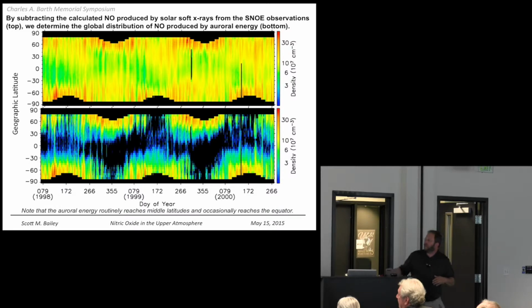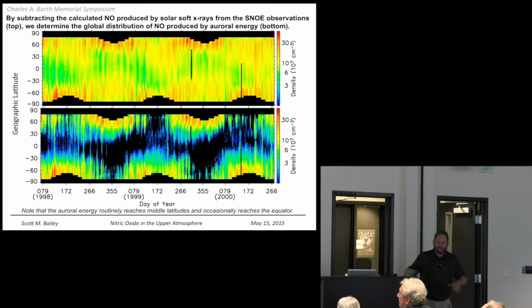This is all at 106 kilometers. And you can see that the NO is very variable. You see at the high latitudes, the red curves, you see a lot of NO. When you get to the equator, it's a lot less. And you can see the seasonal variation, what you see in the winter to the summer. SNOWY needed sunlight to measure NO. That's why you see these dark spots in different regions. So we could observe when there was no NO in the polar night.